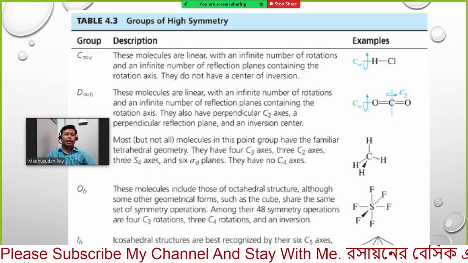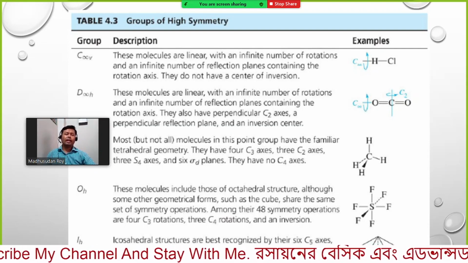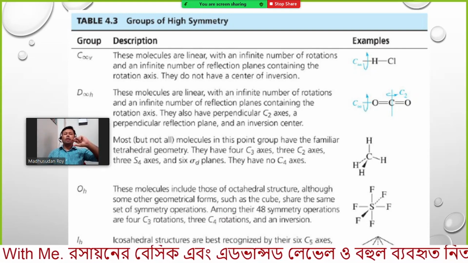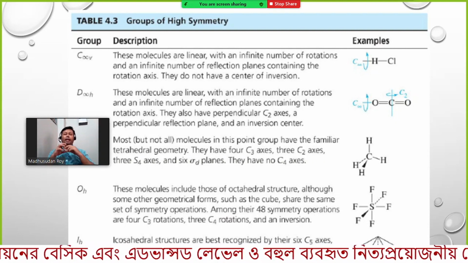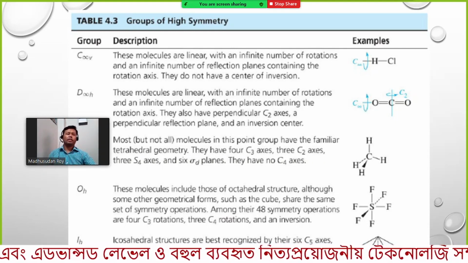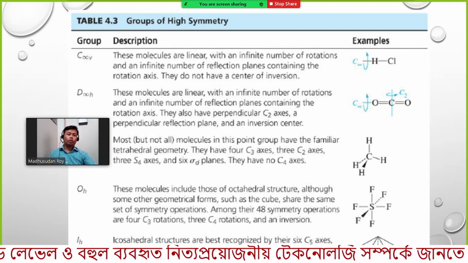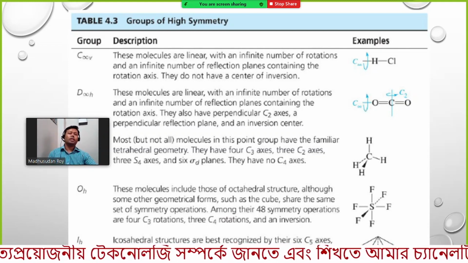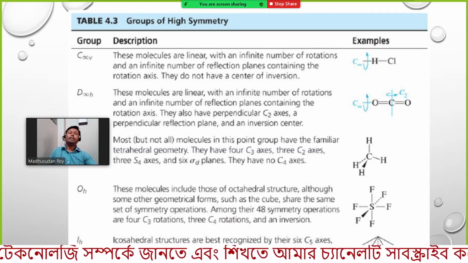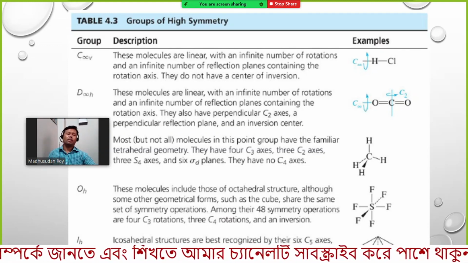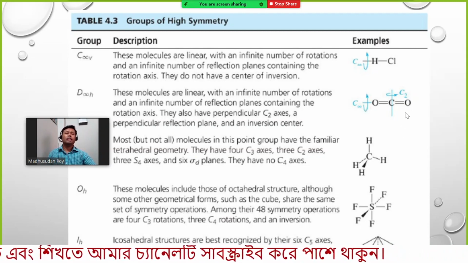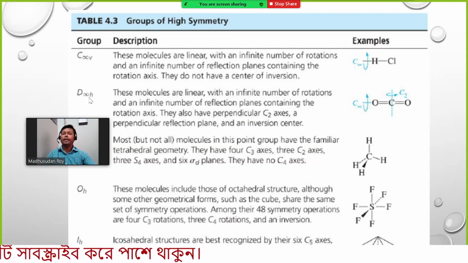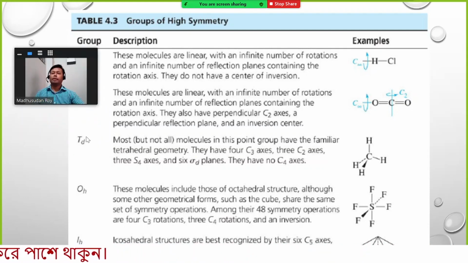Therefore it has a C2 symmetry and it has a linear structure. So you can rotate the molecule by any angle, like hydrogen chloride. If you rotate this molecule by any angle along the axis, that means the oxygen carbon oxygen axis, then you have the identity operation, an identical molecule. Therefore these types of molecule are known as D infinity h types of symmetry.